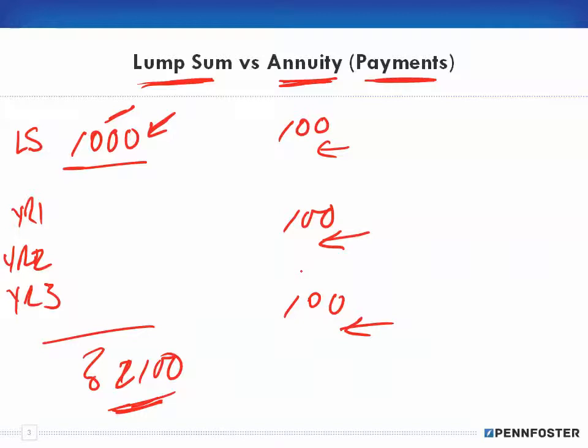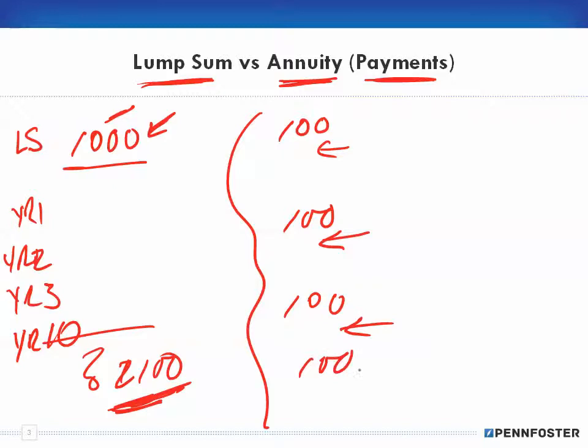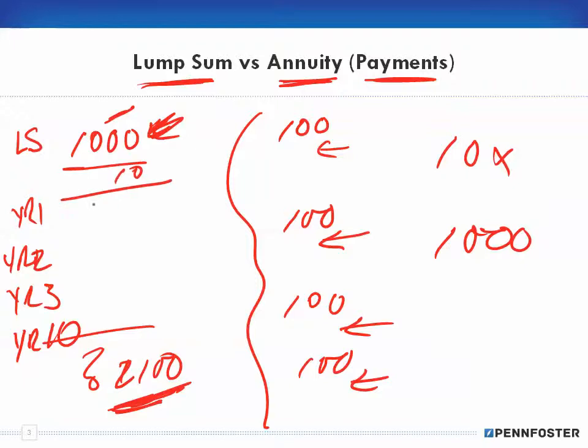So think of it in terms of payments. Over here with the lump sum, if I had year 10 and I ended up with $2,100, then over here under the annuities, I'd put the $100 in 10 times, and I would have invested $1,000. Whereas over here, I also invested $1,000, but the difference is how the money went in. Because obviously, if we're at 10% interest, in year one over here we would get $100, but over here in year one, we're only getting $10 of collected interest. So there are pros and cons to both, and that will lead into what's called